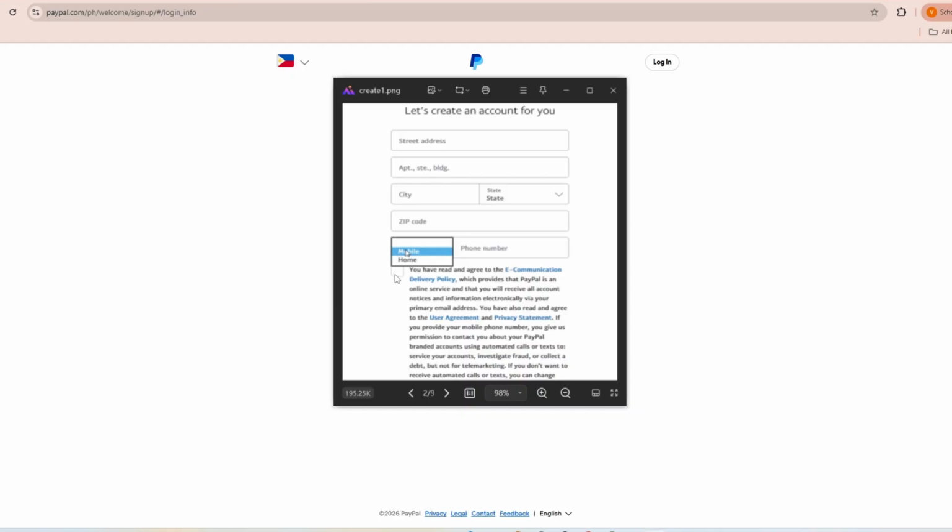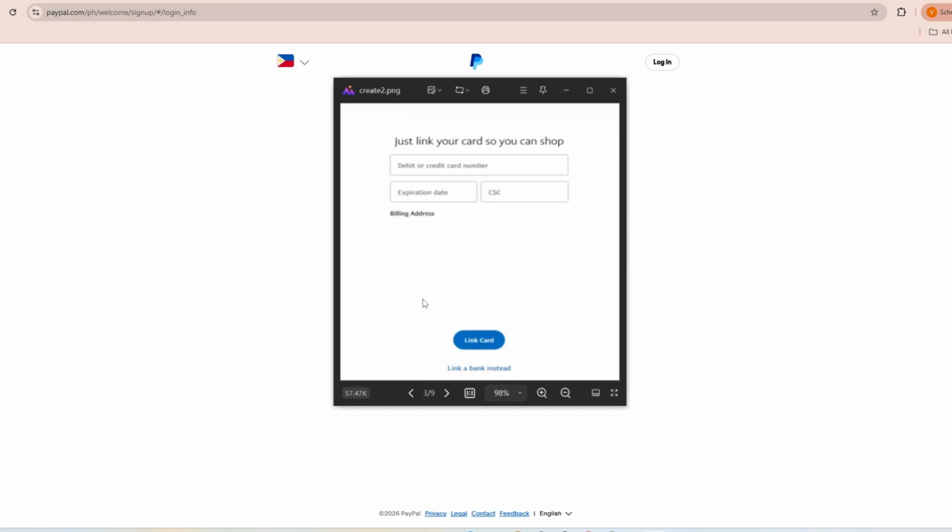After the account is created, you will be taken to a page where you can choose to link a debit card, credit card, or bank account. Select the payment method you want to connect to the account. If you decide to link a debit card or credit card, enter the card number, expiration date, and security code